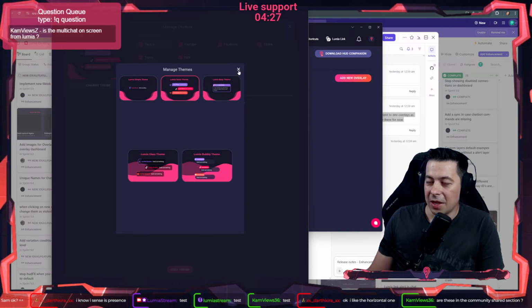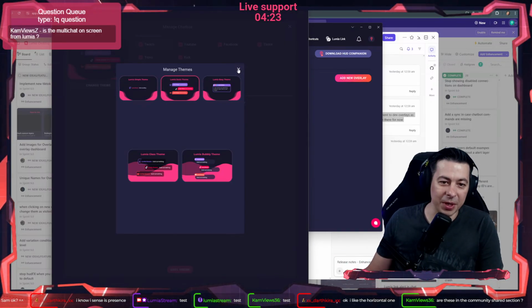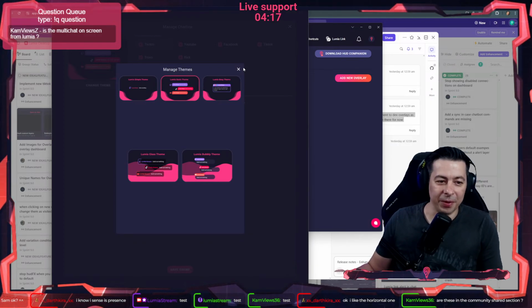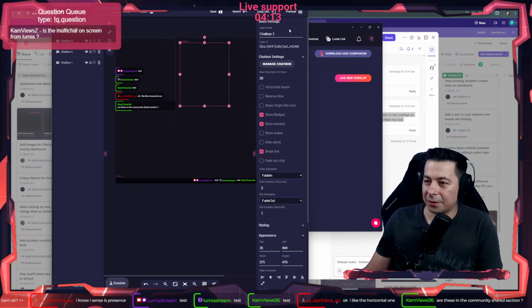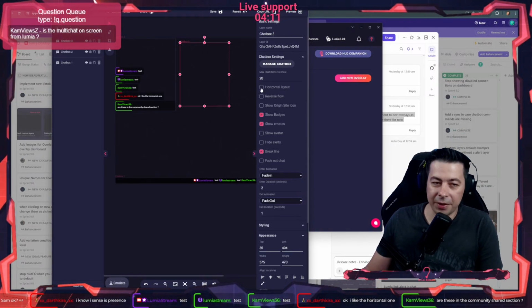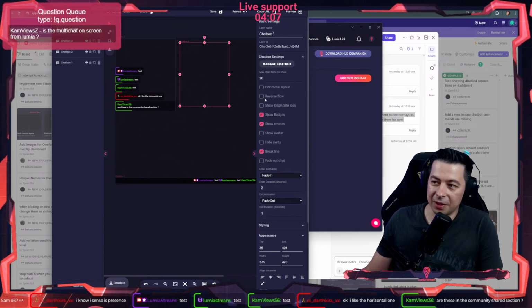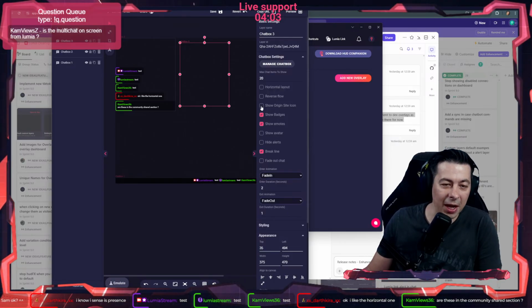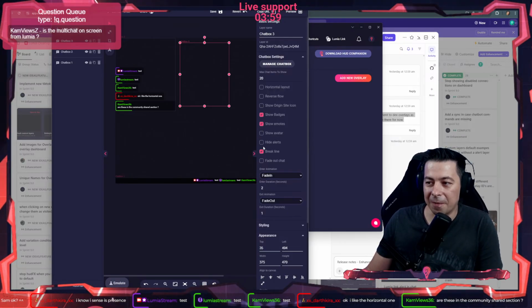You can also do custom with the custom layer, but you need to know a bit of programming to customize those and to go vertical and horizontal. After picking your layer, you can have the horizontal layout, the reversed flow, and choose whether to show the side origin, the badges, the emotes, and the avatars.